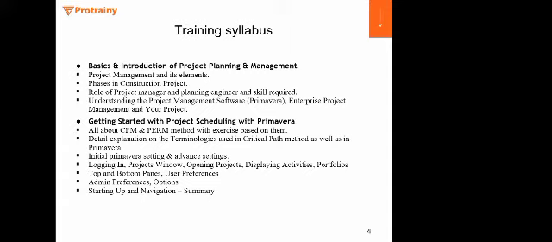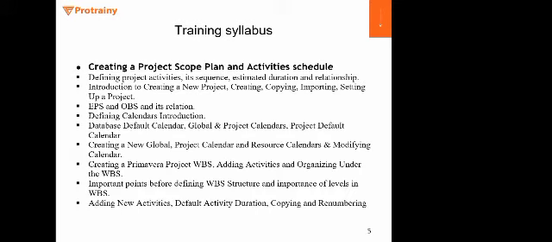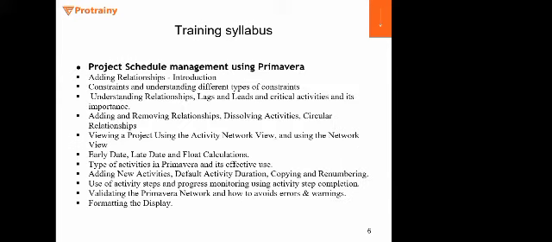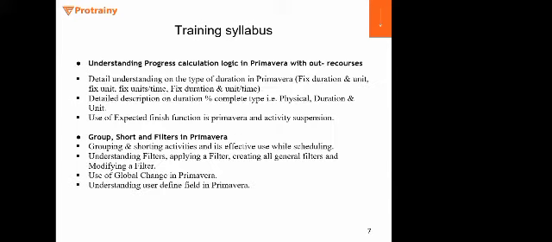We'll be discussing basics and introduction of project planning and management, getting started with the project schedule with Primavera। ये सारा डिटेल सिलेबस है जो आपको मिल जाएगा, ठीक है? जो जो चीजें हम कवर अप करेंगे, ठीक है? कैसे प्रोजेक्ट का स्कोप प्लान करते हैं, कैसे एक्टिविटी के शेड्यूल को प्लान करते हैं, ये बेसिक्स से एडवांस सारी चीजें हैं जो प्राइमवेरा में आप सीक्वेंस फॉलो करते हो, ईपीएस बनाना, ओबीएस बनाना, डब्ल्यूबीएस क्रिएट करना एंड एडिंग एक्टिविटीज एंड ऑल दोस थिंग्स। Then project schedule management using Primavera P6, understanding progress calculation logic।